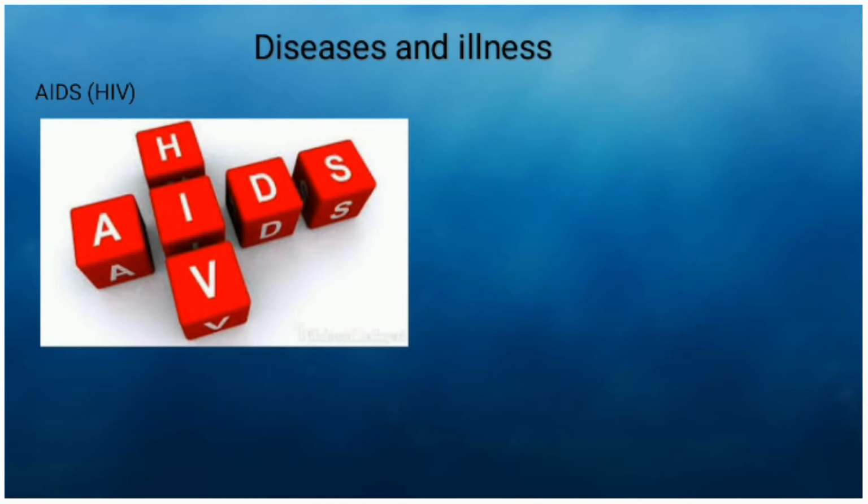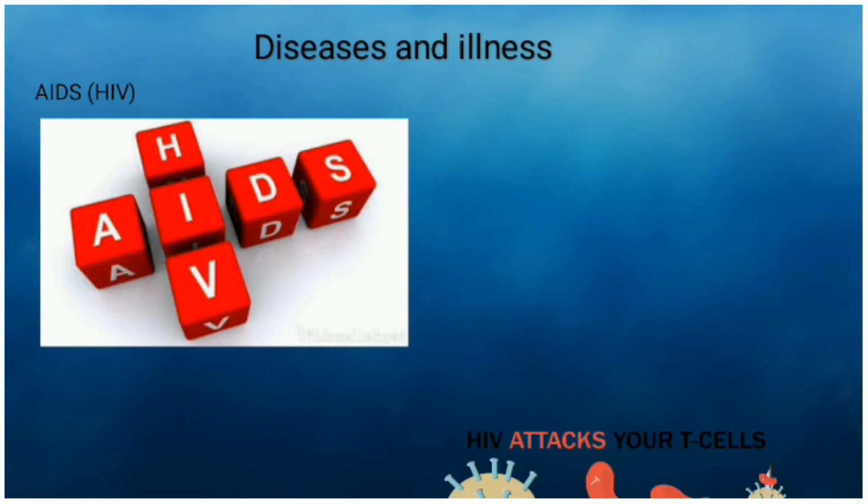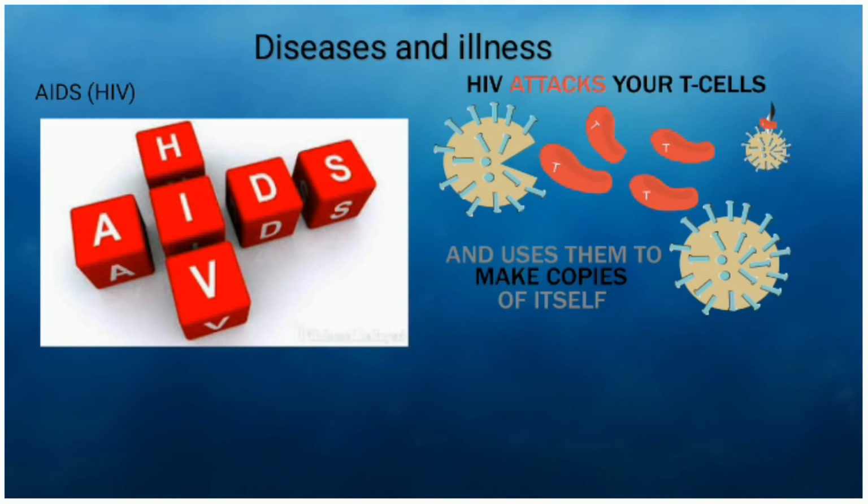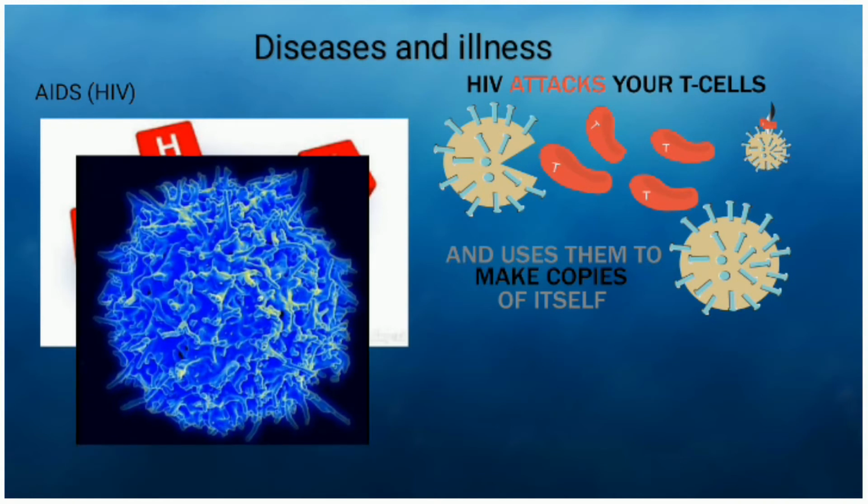To protect our body, our immune system will produce a certain white blood cell called CD4 to control the amount of HIV. But the CD4 cell is one of the HIV targets. So instead of controlling the amount of HIV, it will infect and destroy the CD4 cell. When our body is infected by HIV, our immune system will react by producing a lot of CD4 cells to protect our